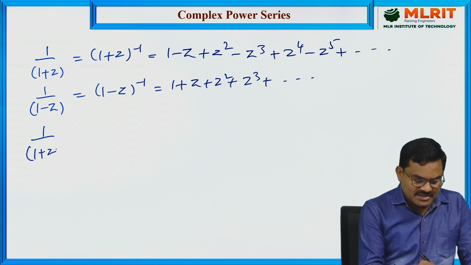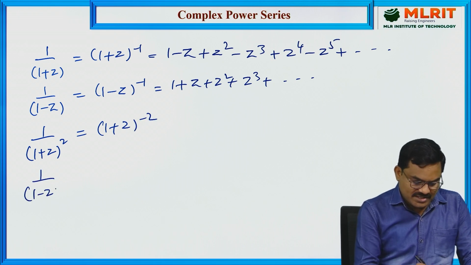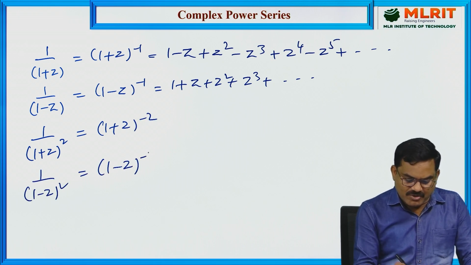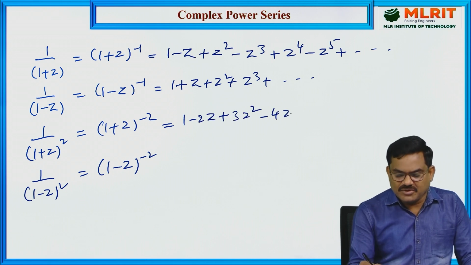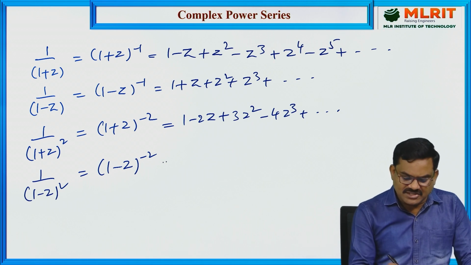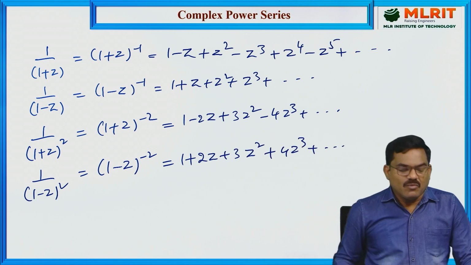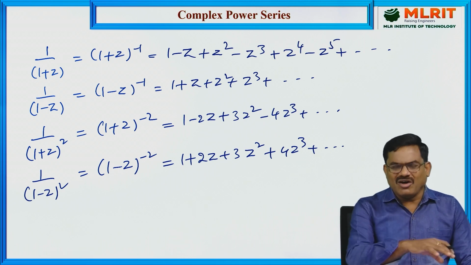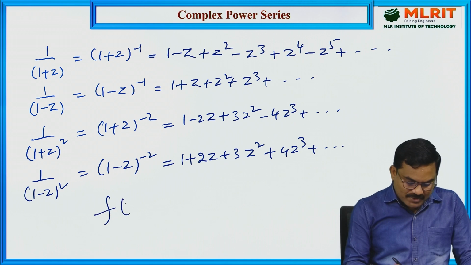Similarly, 1 plus z whole square, so 1 plus z whole power minus 2. 1 minus z whole square, 1 minus z whole power minus 2. Here 1 minus 2z plus 3z square minus 4z cube and so on. The quotients are 1, 2, 3, 4 and so on, and the sign changes alternately. And here both are negative, so all the terms are positive and so on. So why I am introducing or recalling all these expansions is to expand the given complex function